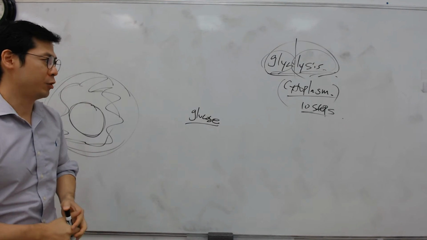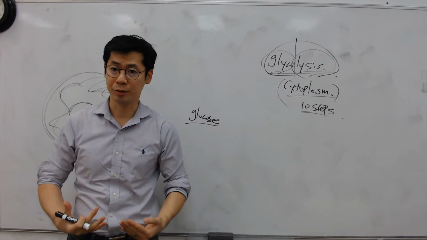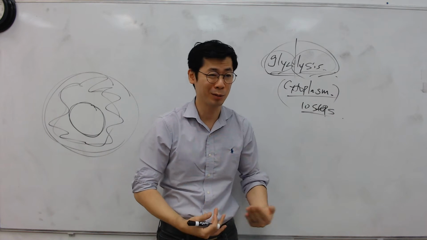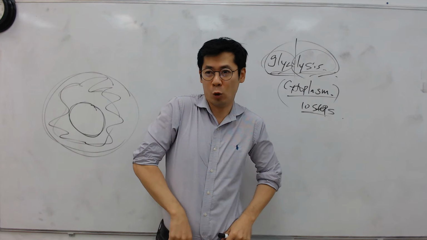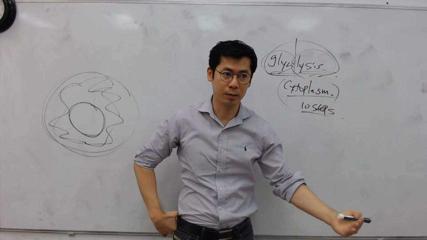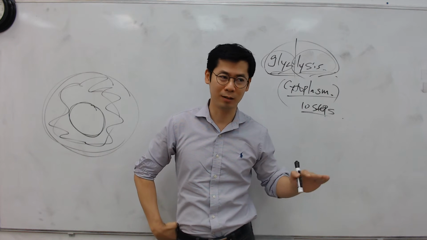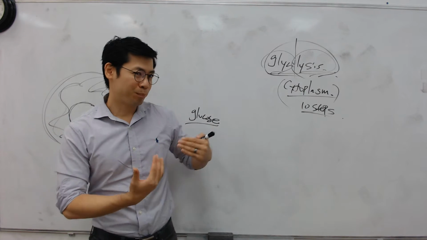So there's the energy investment phase, and there's energy payoff. Investment and payoff, which means you want to make some money. I don't know how open you guys are to investing. Some people say, oh yeah, I bought 100 Dogecoin 5 years ago, and now it's like, oh my God. So that's pretty much where this goes, right?